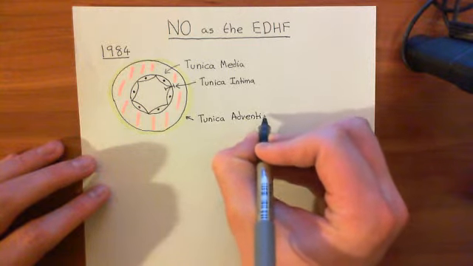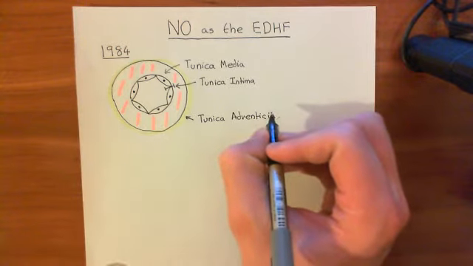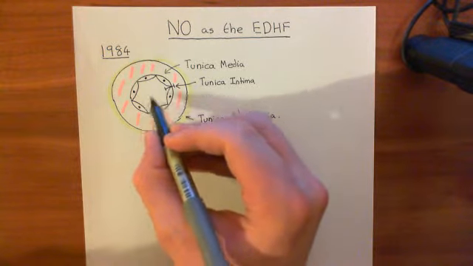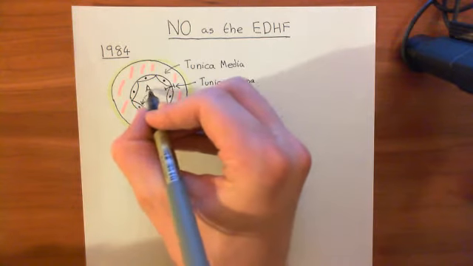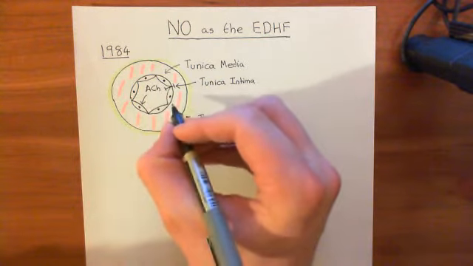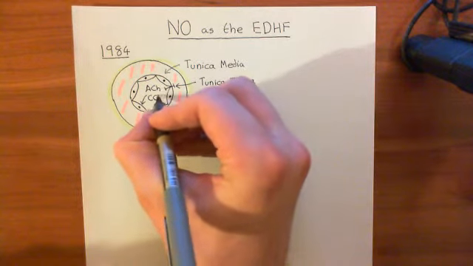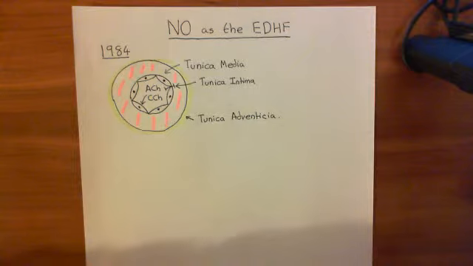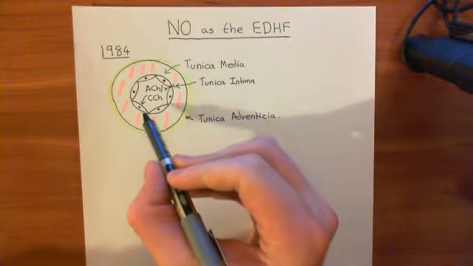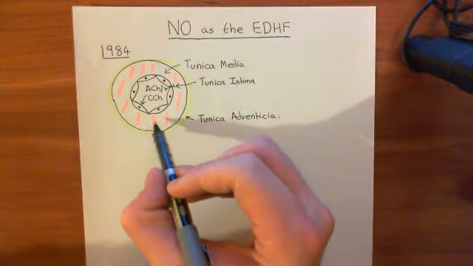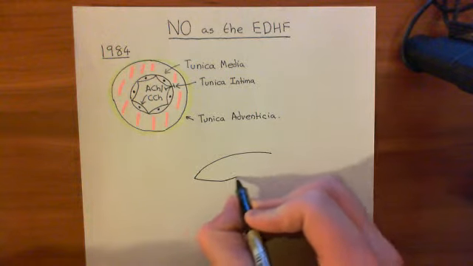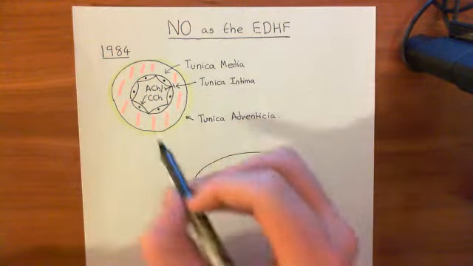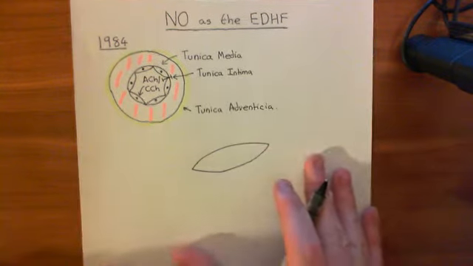Right, so we've seen that Bolton et al. in 1984 discovered that if you put acetylcholine onto the endothelial cells, okay, so if you stimulate the endothelial cells with acetylcholine, or indeed you can use another agonist for acetylcholine receptors, such as carbachol, CCH, either of these agonists basically you can use, and if you stimulate these endothelial cells, what will happen is, if you record the electrical potential difference across a smooth muscle cell, so let's say we've got our smooth muscle cell here, so this is our smooth muscle cell in this tunica media, then if you record the electrical potential difference across the membrane